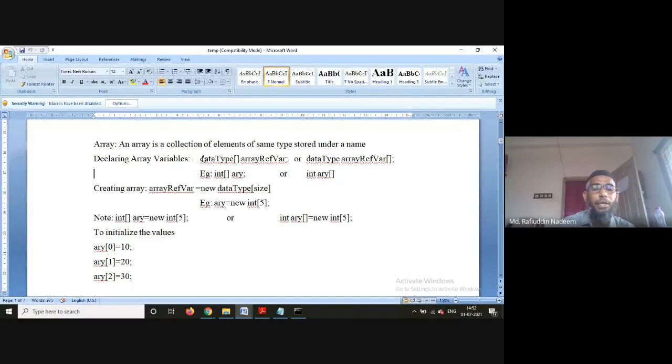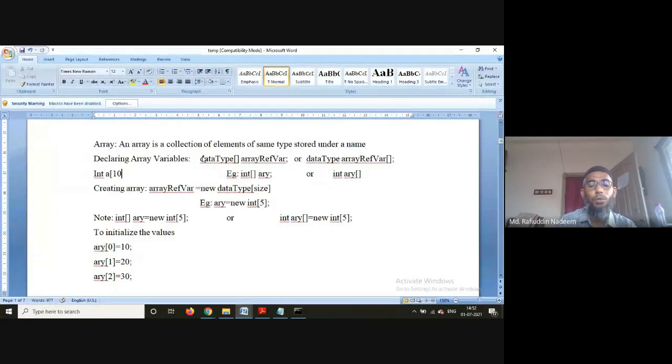In C we used to do it like this: int a of 10. But here it is different. For example, int ary of 10 is in the case of C or C++.